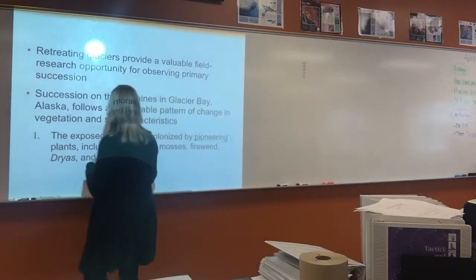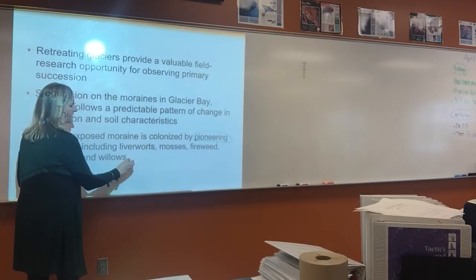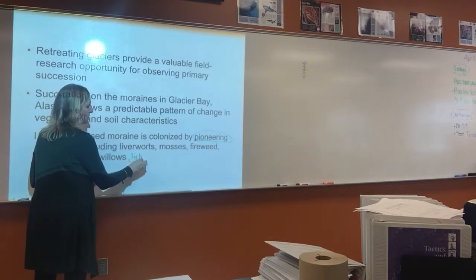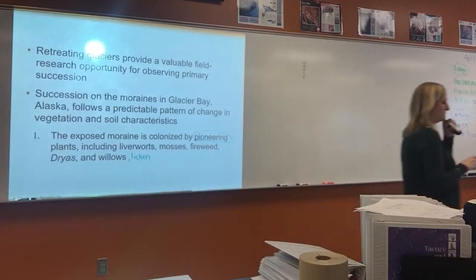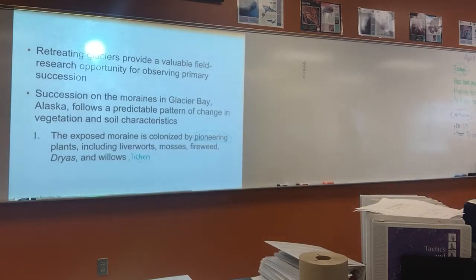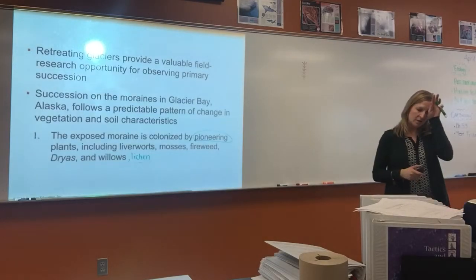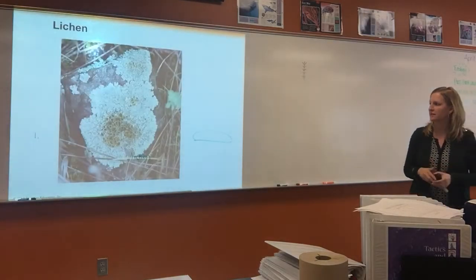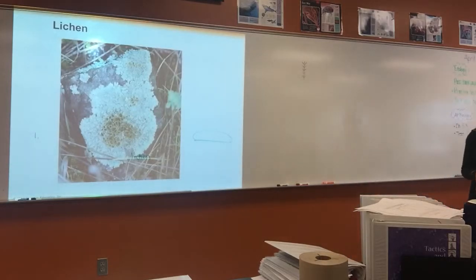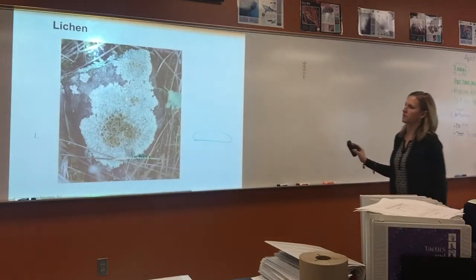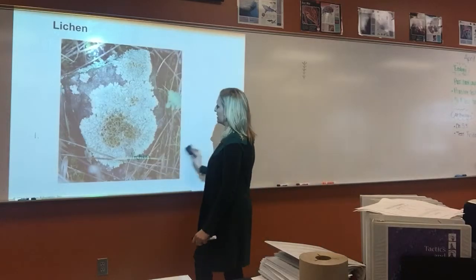One other example of an organism that is a pioneer species that I want you to be familiar with is something called a lichen. This is what a lichen looks like. We have lichen, you probably have seen it here in Michigan. It can be on trees, barks of trees, rocks, and things like that. We have it all over the place here. So lichen,